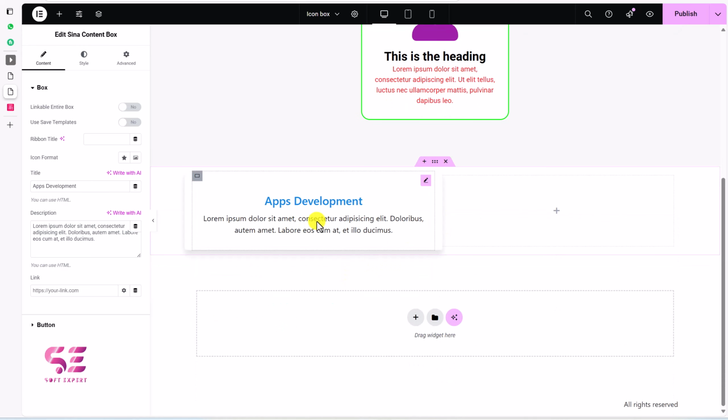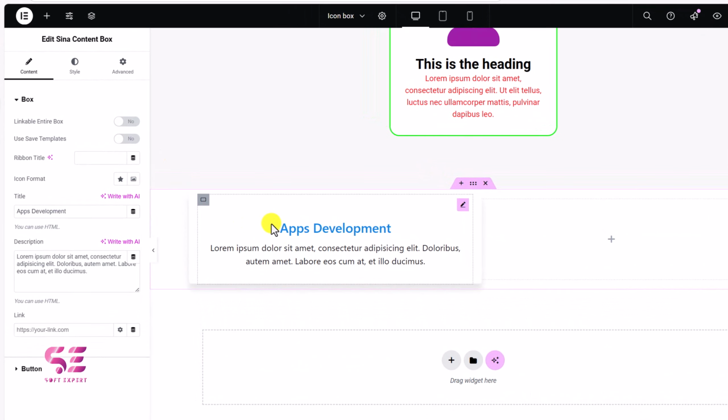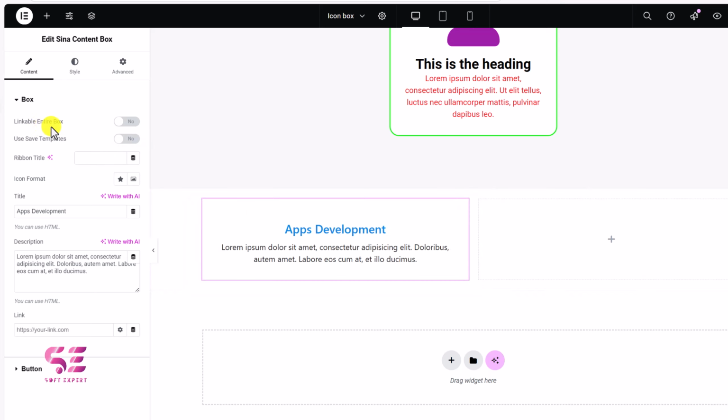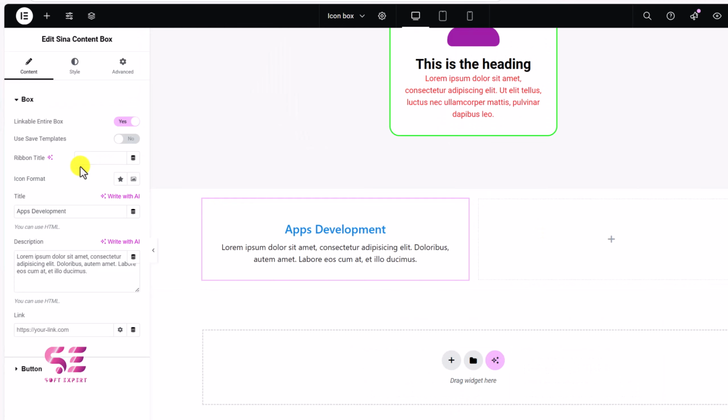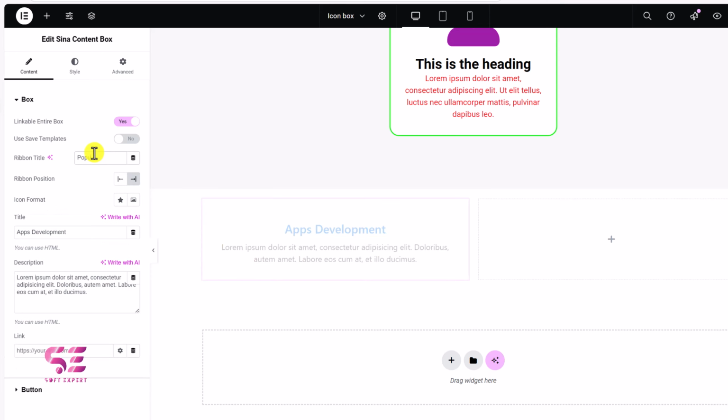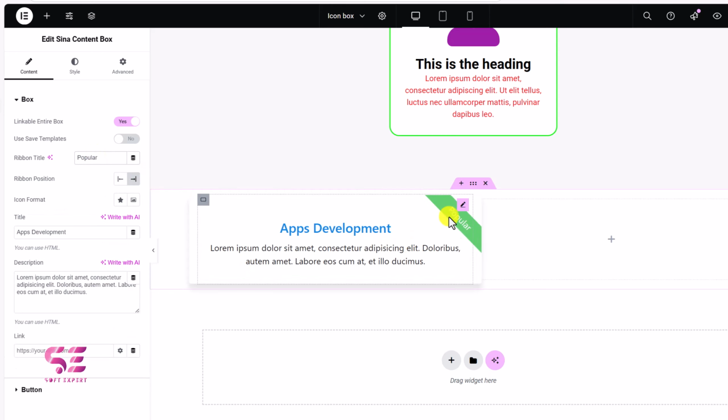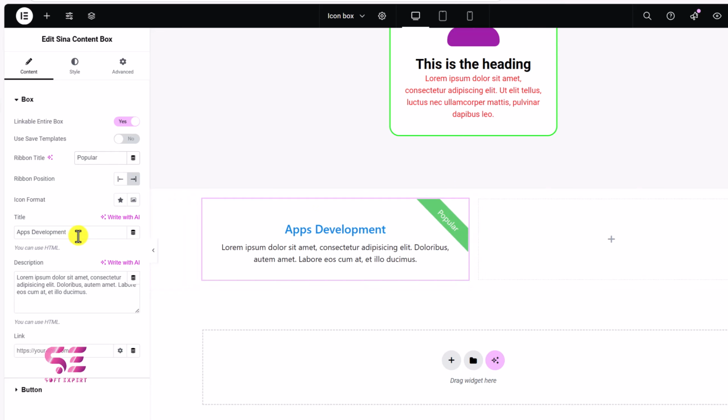Now we can further customize it, okay? So if you want to link this whole box, you can enable this option, linkable entire box. And then use a save template if you want to use it. Then you can give it a ribbon that I showed you in the demo, okay? This is a ribbon, okay? So we will call it popular or something. You can notice the ribbon over here. This is the title that you can change. This is the description and